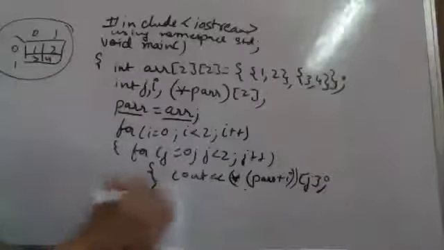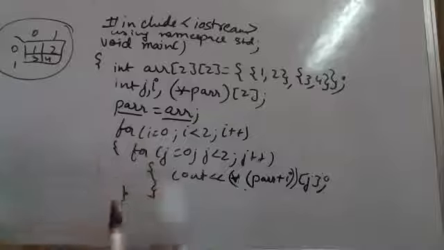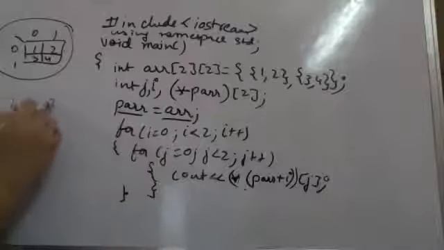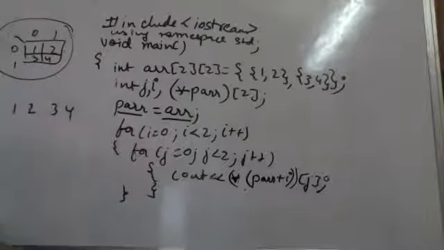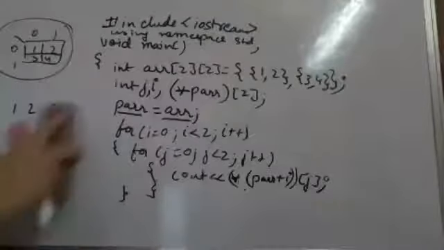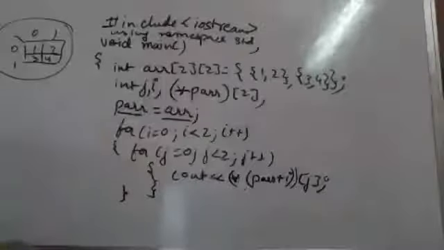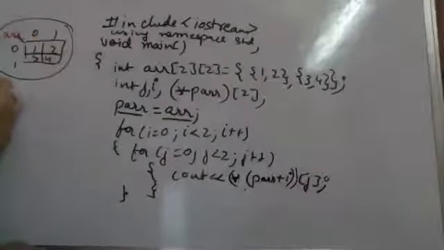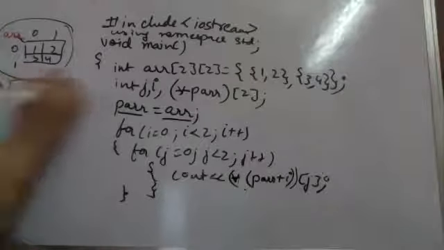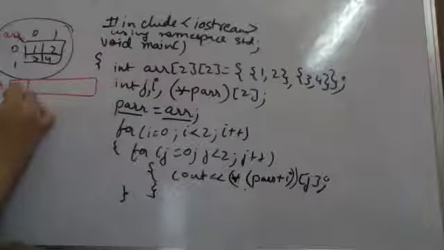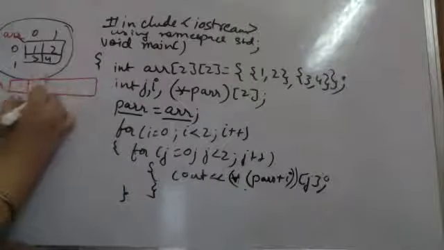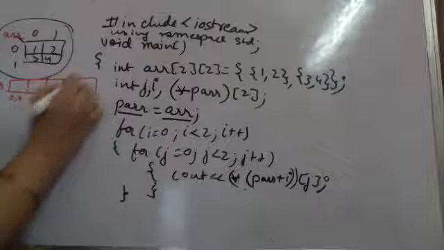If I am going to print it using this form, the output which I am going to get is 1, 2, 3 and 4. Let's see how we get this output. Let's try to dry run this. Let's see the values here. Okay. Now this is my array. In memory, how will this be created? This will be created as array 0, 0, 0, 1, 1, 0 and 1, 1.